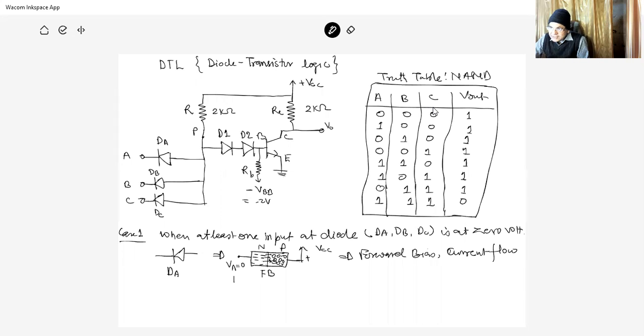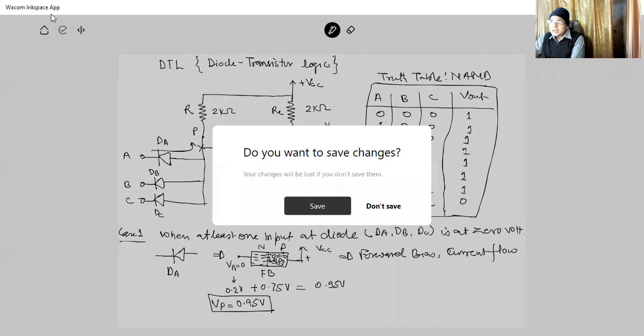This potential at this point, when we say it is 0, virtually it is not equal to 0, it is say 0.2 volt. And when the current is flowing, then at this junction, the voltage is 0.75. So the total voltage is 0.95. So if the current is flowing, at this point is VP, and the VP is 0.95 volt. So at this point, the voltage is 0.95 volt, and we require